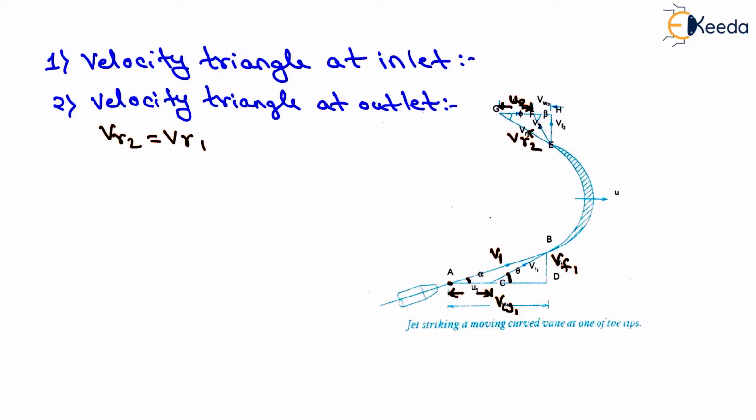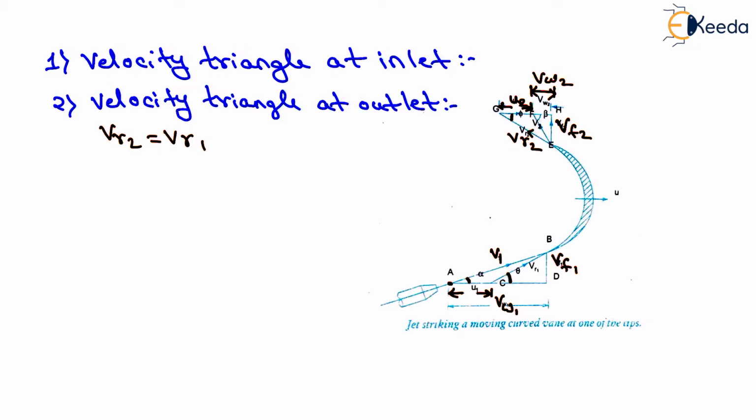From E, draw a vertical line EH to meet the line GF produced at H. Then EH will be known as the velocity of flow at outlet, Vf2, and FH represents the velocity of whirl at outlet, which will be equal to Vw2. And phi is the angle of vane at outlet,